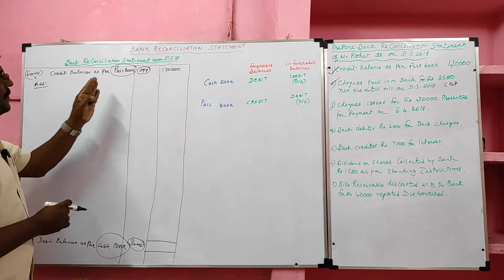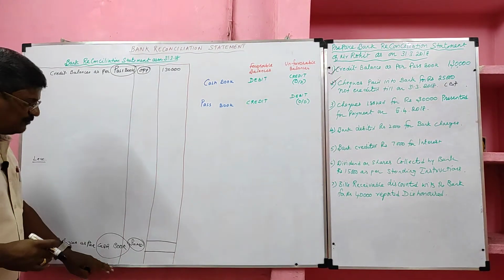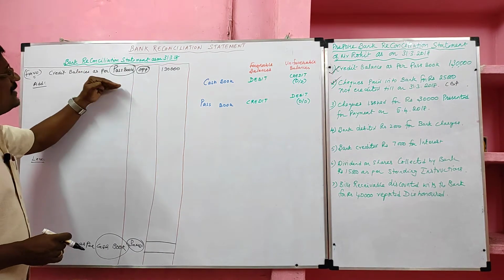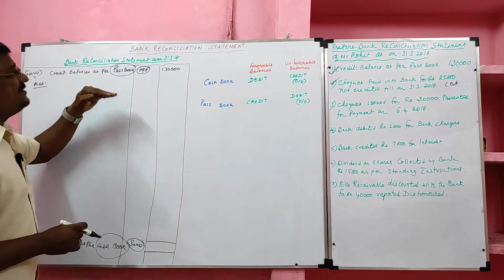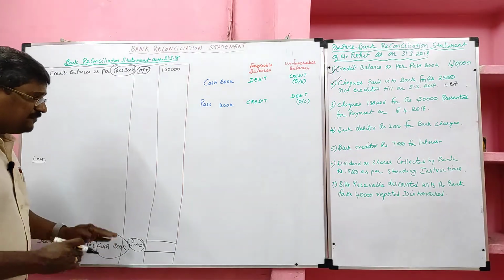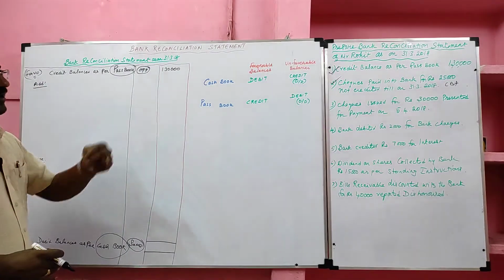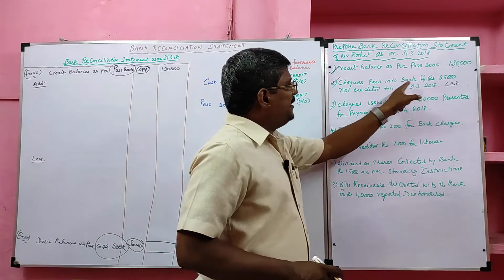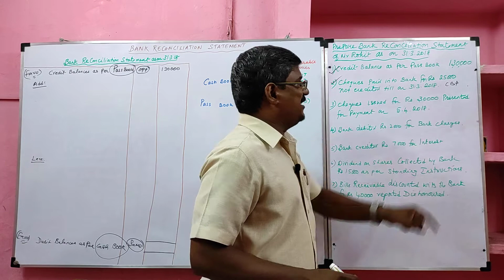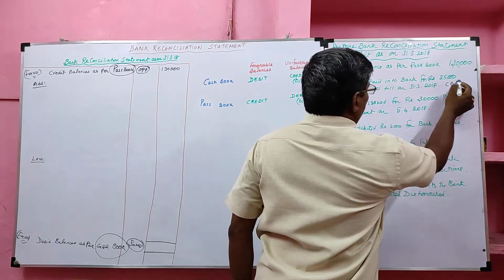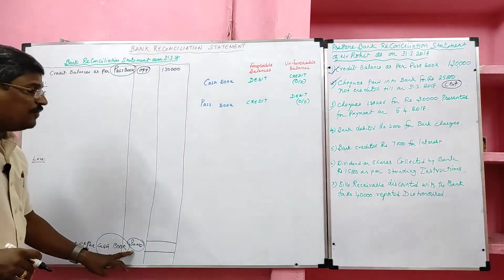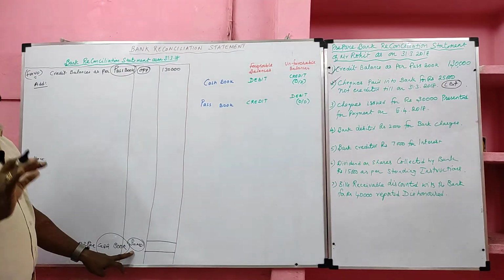Once again, passbook balance is given. We have to find cash book balance. For that we should give opposite effect. So what all they did in the passbook, now we should cancel it. For cash book, what all they did in the cash book, we should repeat it. We should give the same balance. Now check paid into bank for rupees 25,000 not credited till 31st March 2018. The transaction was recorded in the cash book, it was added. So what are we supposed to do? We should repeat the same.